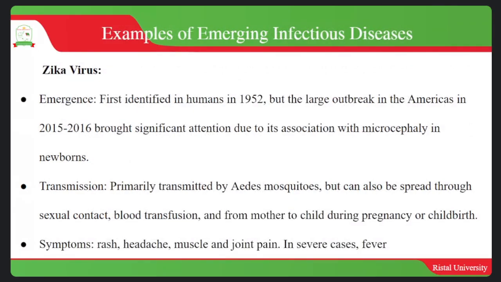So let's look at some of the examples of the emerging infectious diseases. First, let's look at Zika virus, which was first identified in humans in 1952. But the large outbreak in the Americas was around 2015 to 2016. And this brought very significant attention due to its association with the